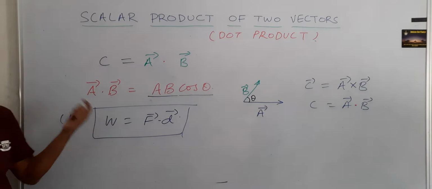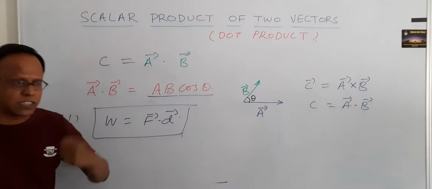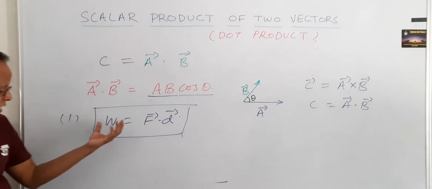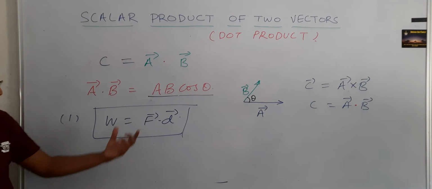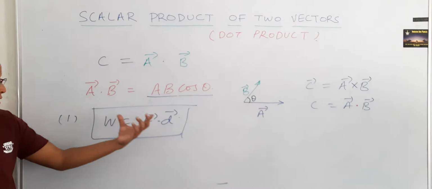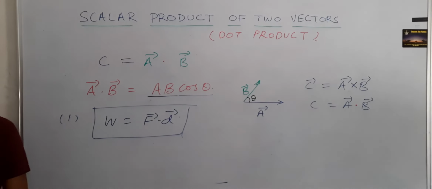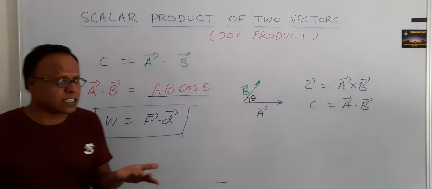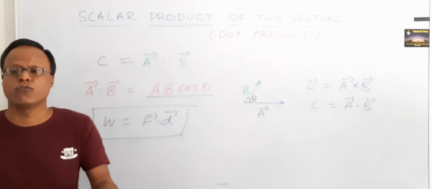And we know that work is a scalar quantity. Force is a vector quantity. Displacement is a vector quantity. So from the product of two vectors, you get a scalar. This is your aim. So this is your scalar product. The product of two vector quantities gives a scalar quantity. That's why it is a scalar product, and work done is an example of it. Question asked in exam: What do you understand by the term scalar product? Explain with the help of a few examples.